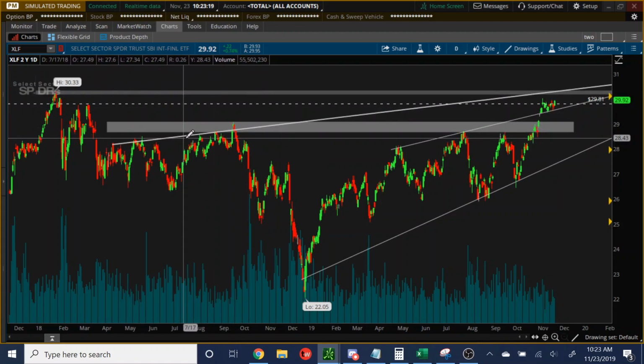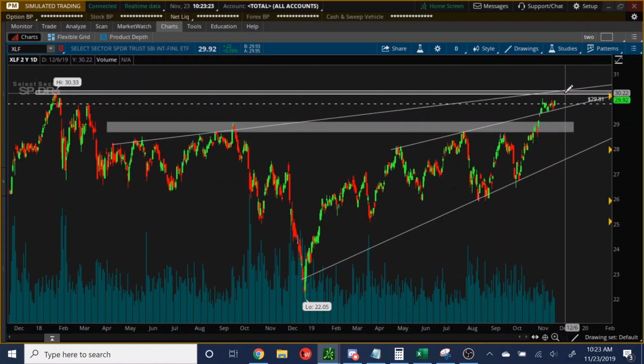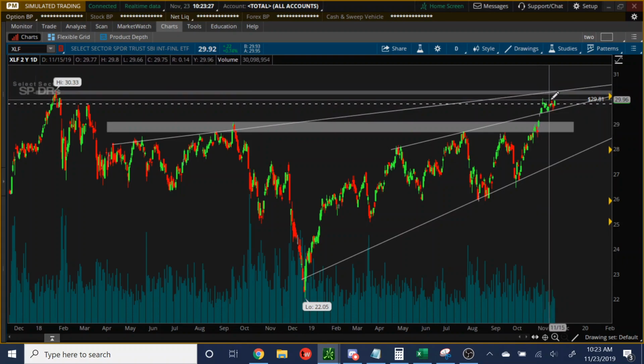It's a bit makeshift, but it has quite a few touches here. So we should be looking for resistance not too far away. If we bust right through this, guys, that's a bullish signal. If we start closing weekly above these, watch out for another decent sized bull run, because financials,